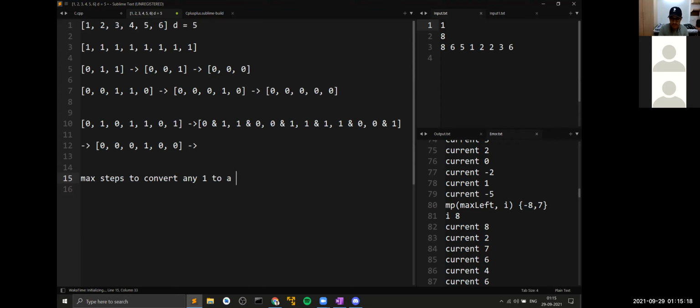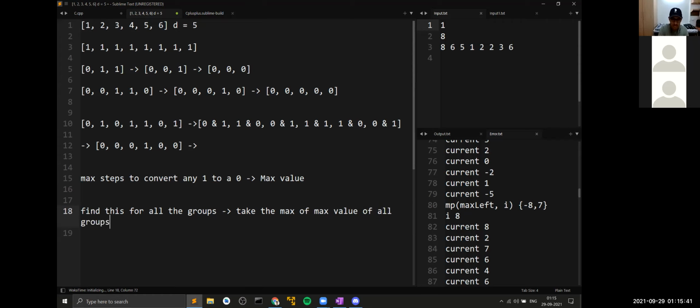You find this out for all the ones that are present, and you consider this max value. So these are the number of steps that are definitely required for this one particular group. And you find this for all the groups. Take the max of the max values of all. Okay.